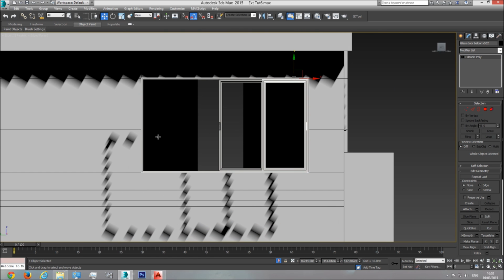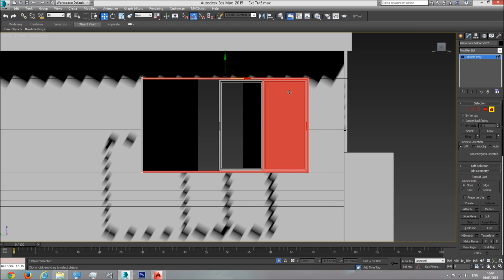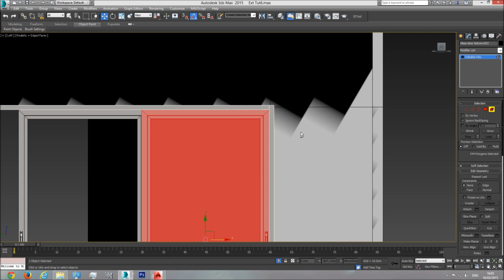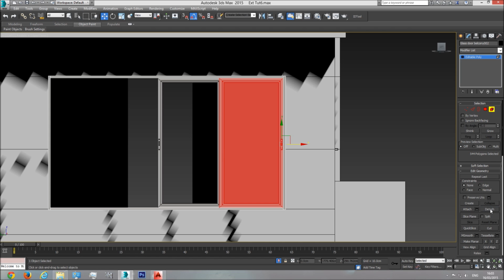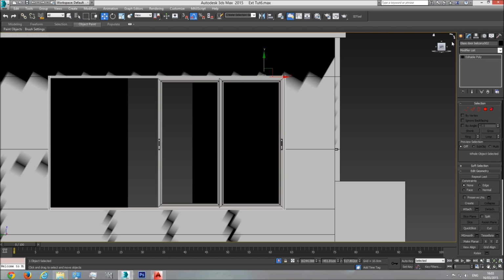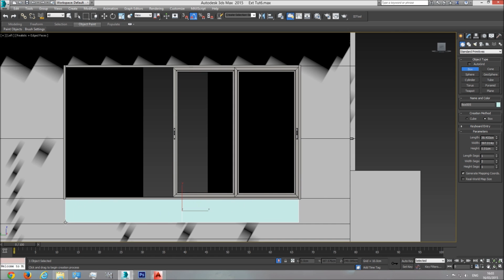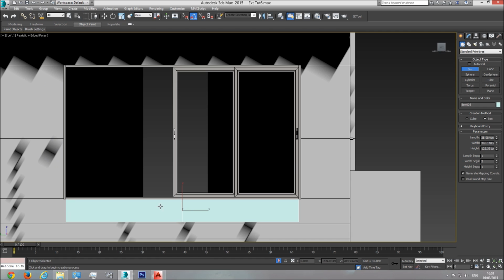Now I need to create three exactly same doors in order to populate this opening. So I'm going to select this door on the left. I selected everything essentially, just now Alt deselect this and Alt deselect this element on the side. So only the door is left. Detach. Fine. Now let's create a box to see how much distance we need. So we're going to need 3 doors, so 1, 2, 3. This is the exact same